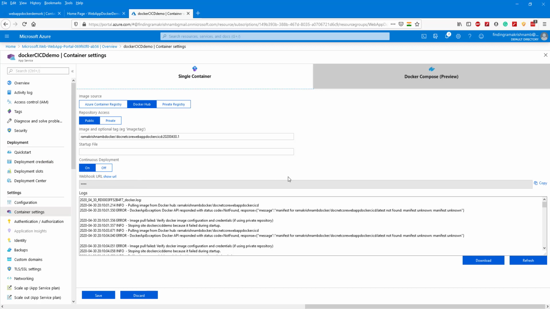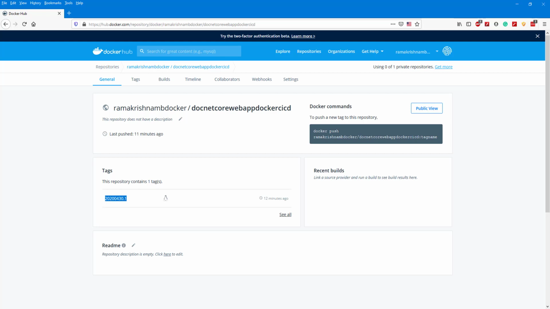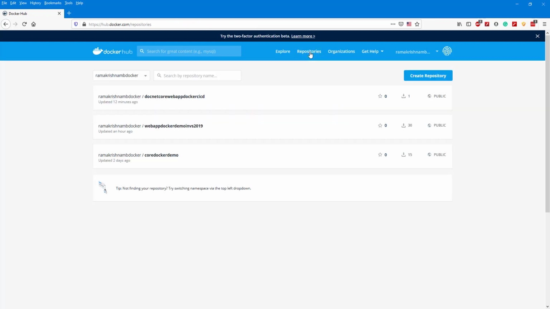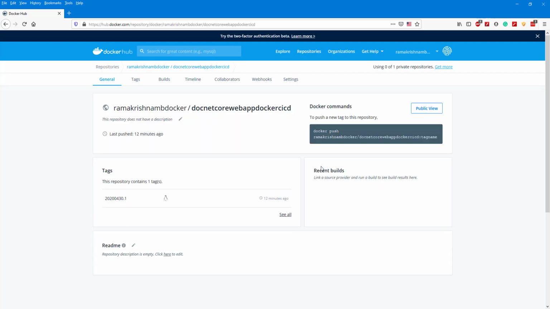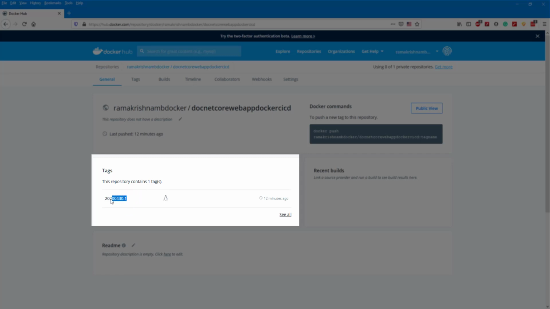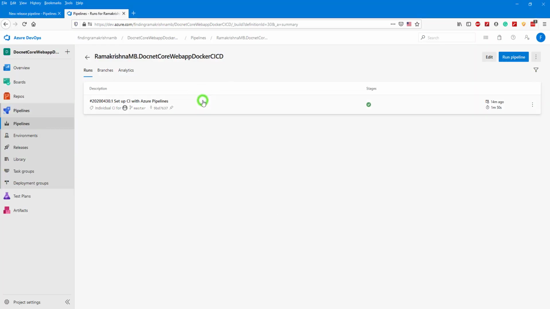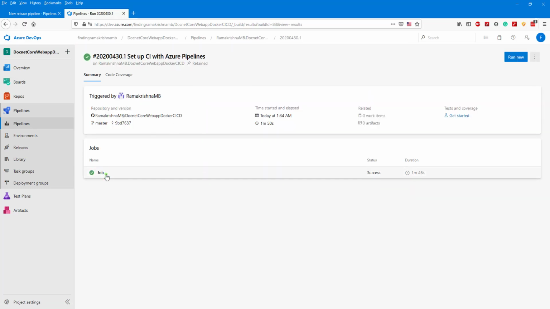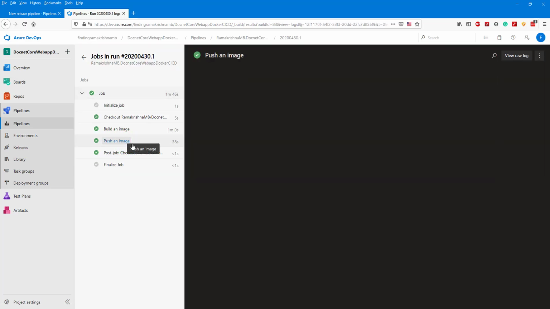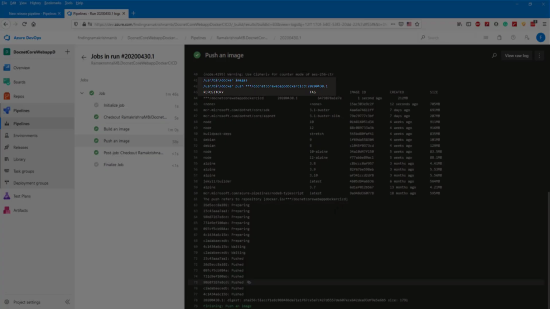Also, I would like to make a note on this. If you go and see our Docker Hub repositories, in the repo we have this ID, we have this tag for our Docker image. This was published along with the CI pipeline.